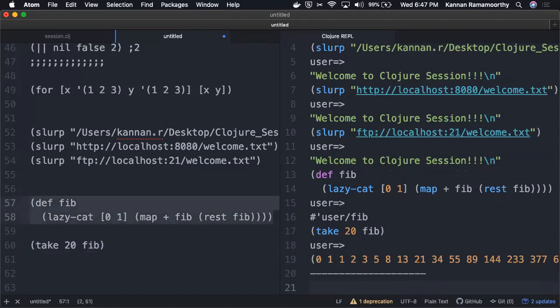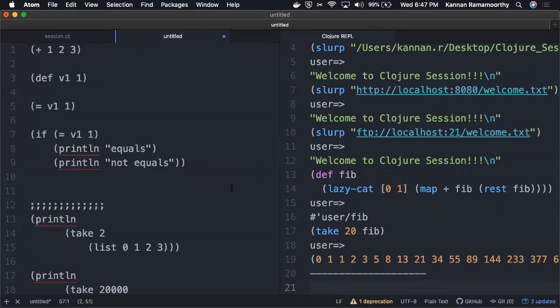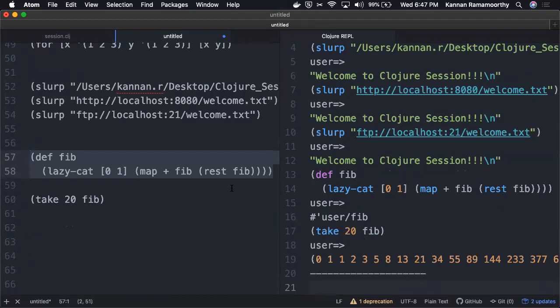You will be able to write a Fibonacci sequence program along with a command, and you can treat it. Everything that I'm working with is available out of the box. I haven't included any library. I started from scratch. Whatever I'm using here are constructs available out of the box, except those libraries that I have mentioned, something like core.logic or CSP. Everything that I'm using in the REPL is available out of the box in Clojure. Right. So is lazy-cat here a construct or a macro or something different? I think it's a macro.